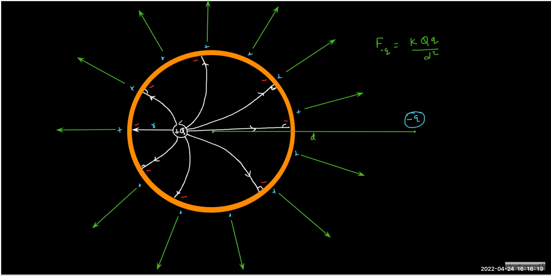So the electric field is stronger at this point. So more charge will come from the outer boundary towards the charge. So we have more charge here, you can say densely populated. The population of negative charge will decrease as you go up. Why does it decrease? Because the electric field will become weaker with distance, KQ by R square.